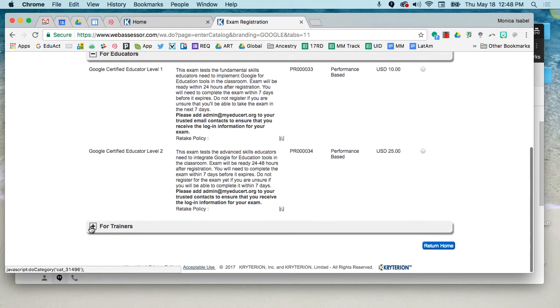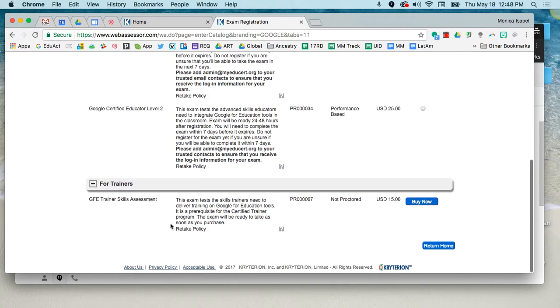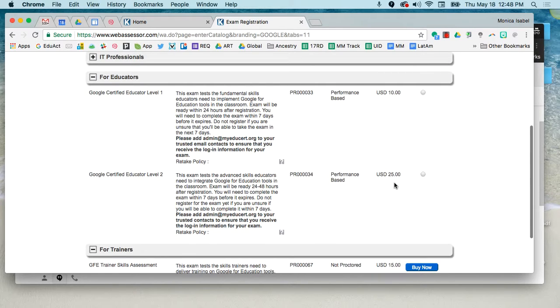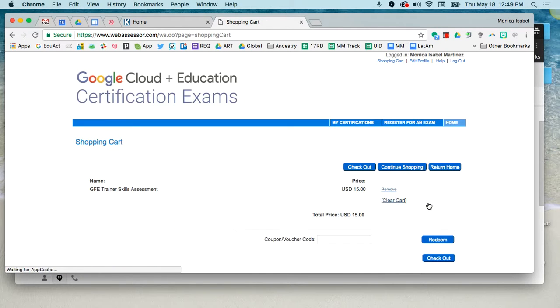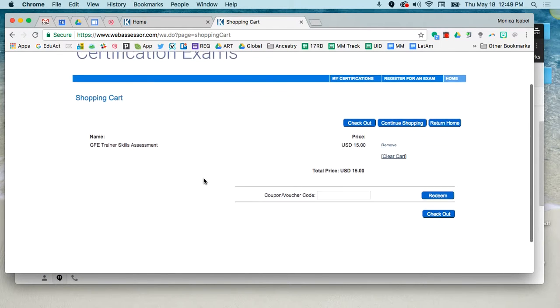For those of you who are trainers, you would certainly be able to get to the same thing as you see here to be able to buy that exam as well. Now, I've already purchased these exams, which is why you don't see the Buy Now button. You would see this button down here, which is what you see here for this one. So you'd click on Buy Now, and then once you get through into the next section,